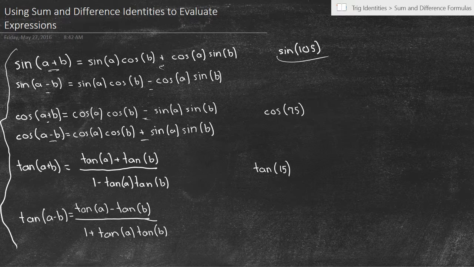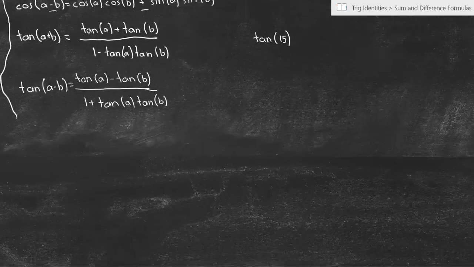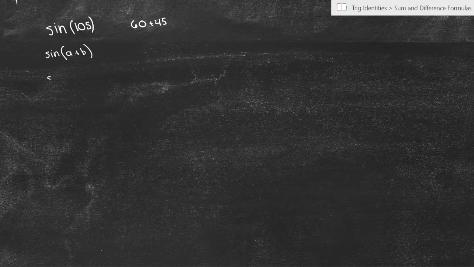We're going to start with sine 105. I'm just going to do them down here so I have more real estate. So we've got sine of 105. And now first thing to do here is we know we're going to have sine of A plus B or sine of A minus B. Alright, and let's think about what we could do. Think about our unit circle. What could add up to 105? Well, we know that we have 60 and we have 45, so I think those are some angles that we can use. So sine A plus B, it's going to be sine 60 plus 45